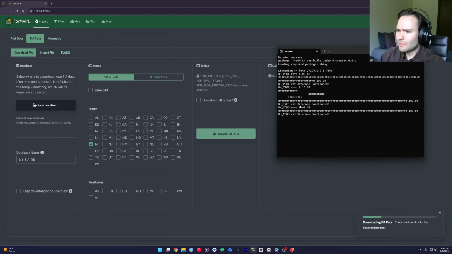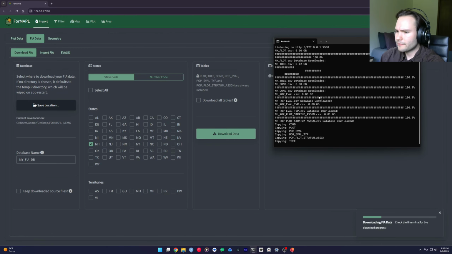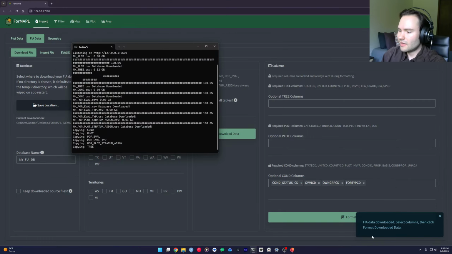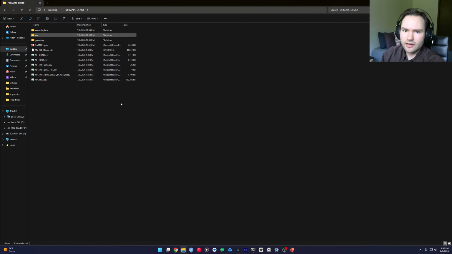And so it's going to take all the tables: tree, condition, population, eval. It has finished downloading them all. And now it's going to convert them into a DuckDB. And when it's done, we should see, boom, look at that. FIA data downloaded. Cool. And just to verify, we can come here onto my desktop where I save my data,